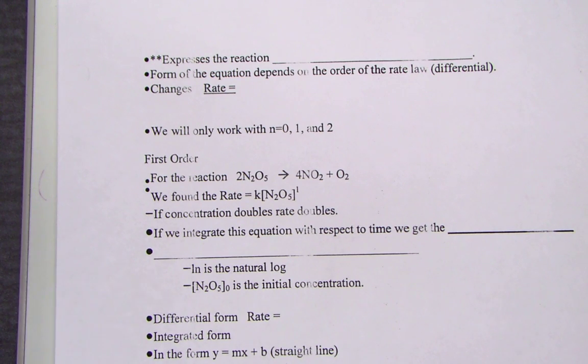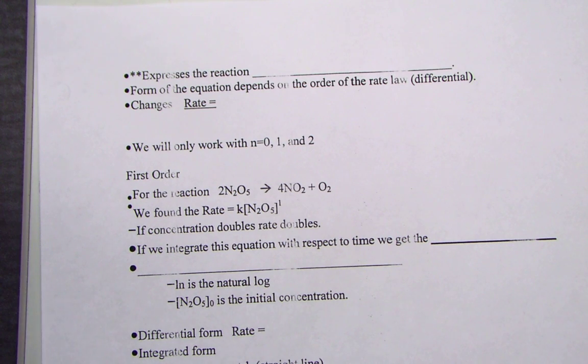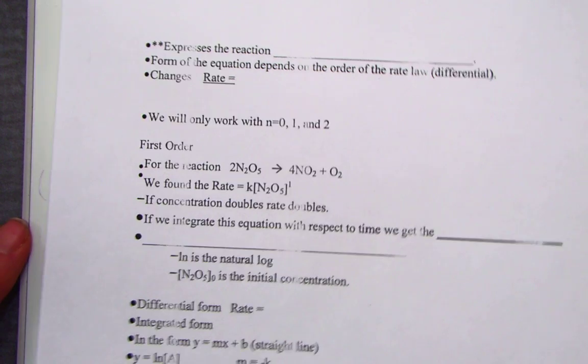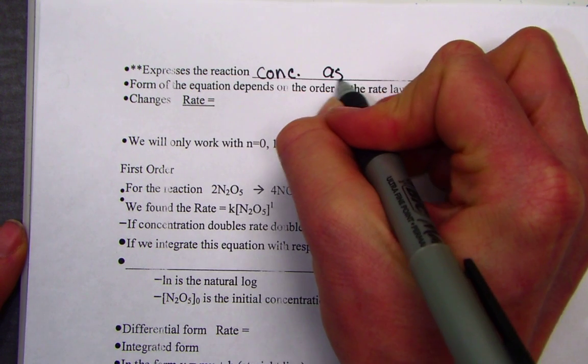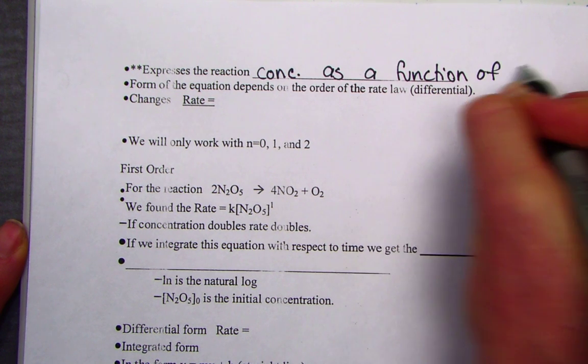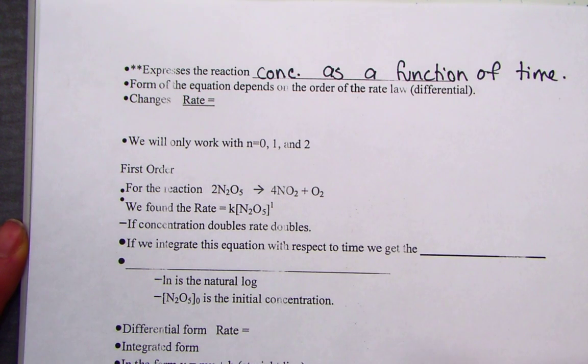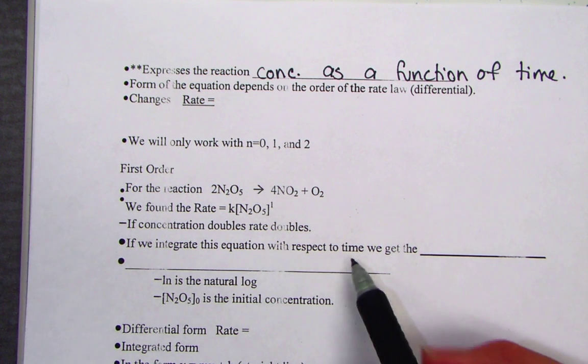When we begin looking at concentrations as a function of time, we refer to those as an integrated rate law. So let's fill that blank in: the concentrations as a function of time. And what that's allowing us to consider is, not only can we figure out the initial amount of our reactant, we can figure out how much reactant is left over a course of time simply by knowing the rate constant k, which is the slope of our line. So it forms an equation